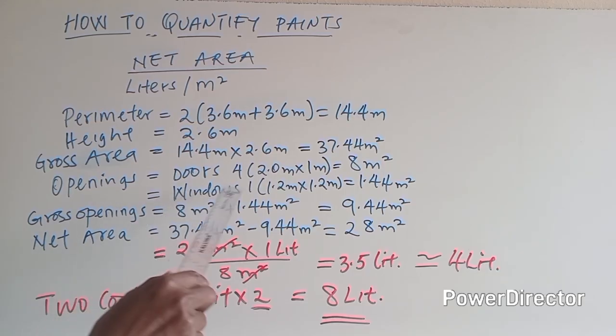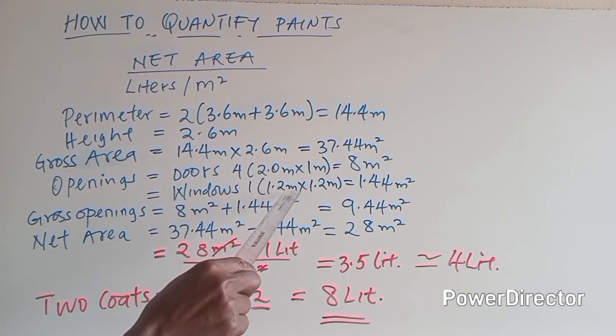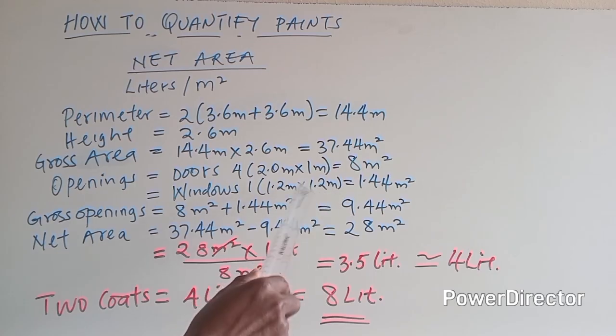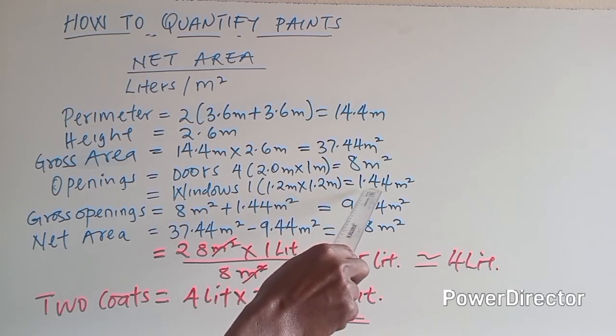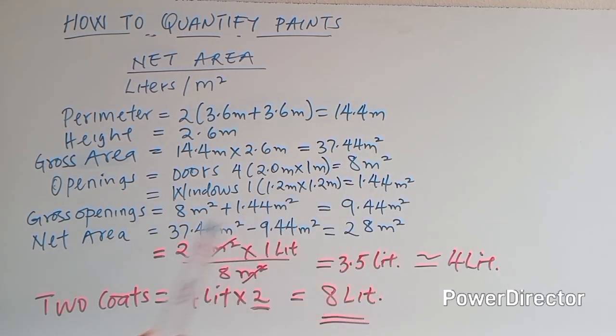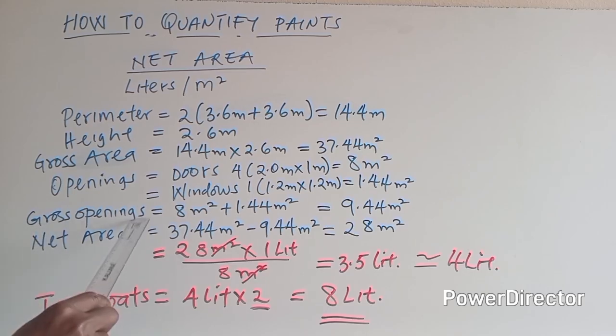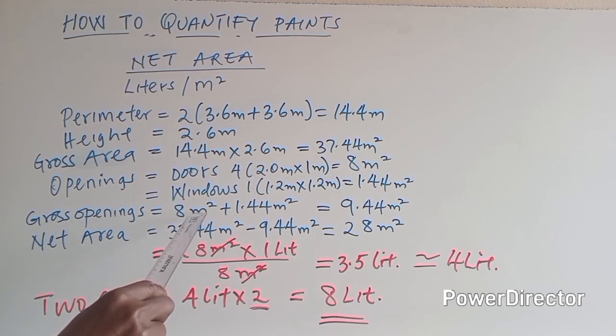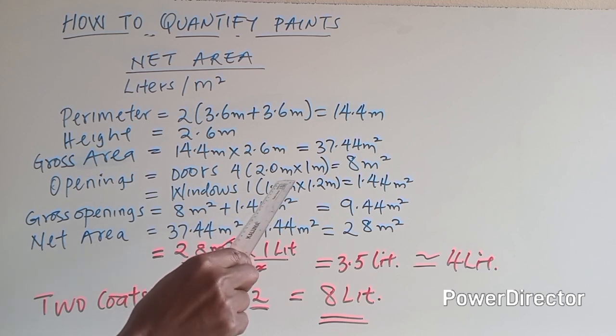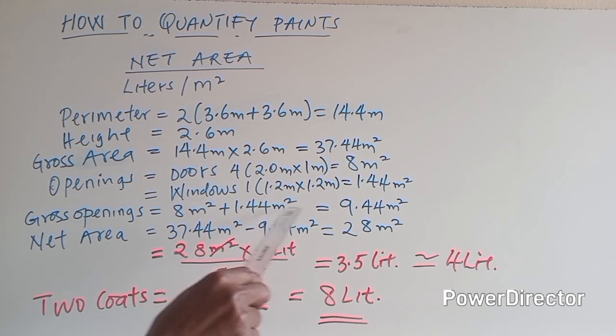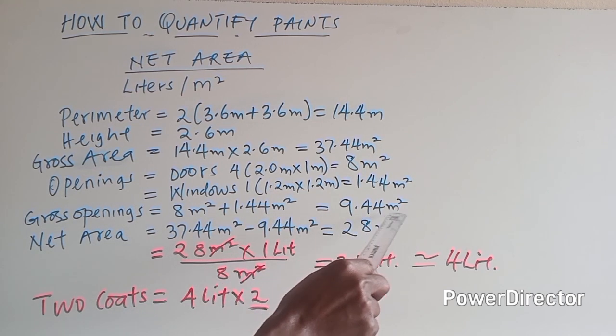Now, as per our case, it was only one window measuring 1.2 meter by 1.2 meter. So we multiply this by this, you get an area of 1.44 square meter. Now, gross openings now are 8 for doors plus 1.44 square meter for a window, which gives us 9.44 square